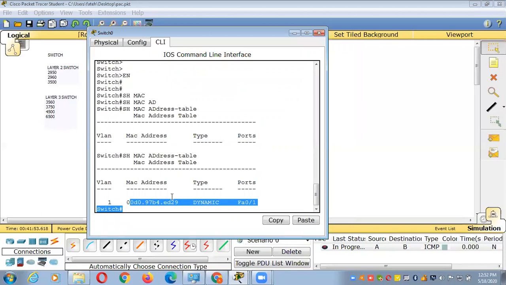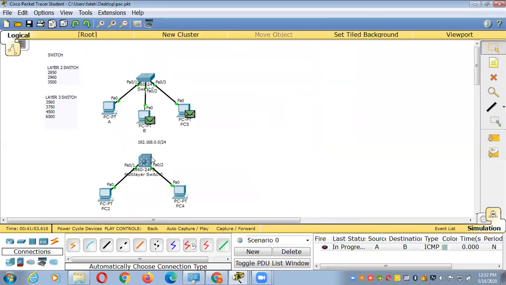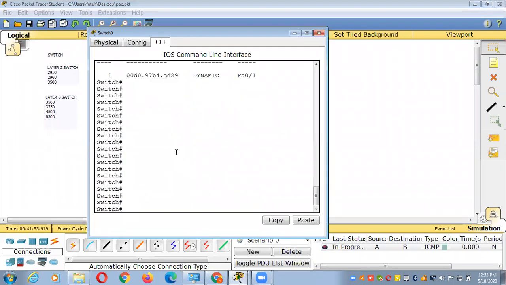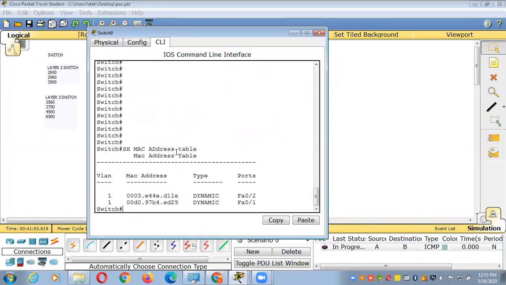But when computer B sends traffic toward the switch, again the switch will search the source MAC address and maintain it in the MAC table. Now your switch has two MAC addresses. Your switch will learn the second MAC address from system B, from this interface.